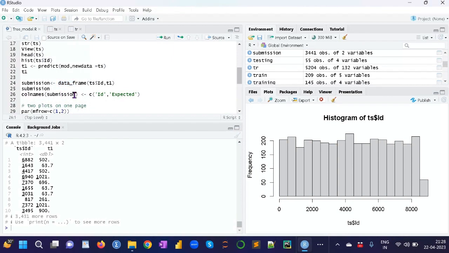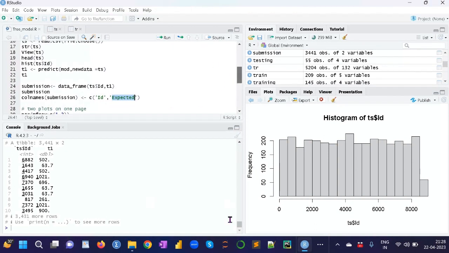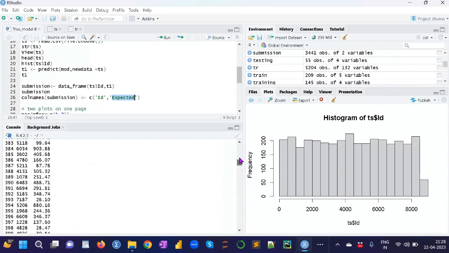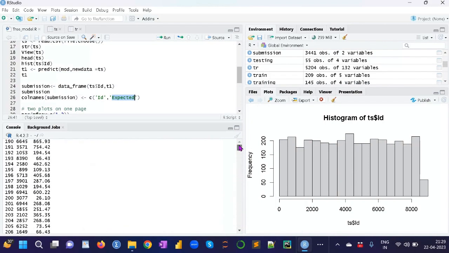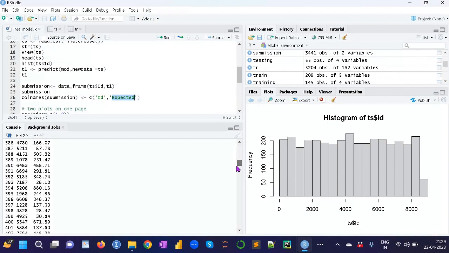Submission is my new data set name, and c is a function used in the R language, and ID is a common column in both training and testing. I am changing span to expected, because my training data set's column name is span, and I want to change span to expected.